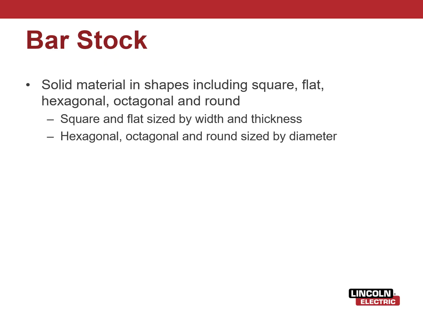Okay, so bar stock. This is solid material in shapes including square, flat, hexagonal, octagonal, and round. That's all considered bar stock if it is solid. If it's hollow, it's going to be either pipe or tubing. All right, square and flat are sized by width and thickness, and then hexagonal, octagonal, and round sizes are measured by